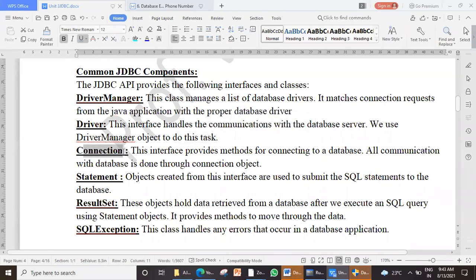Then there is Connection. This interface also provides some abstract methods which you override. Fine. For connecting to a database, all communication with the database is done through the connection object. Then, see actually how it is. I'll show you with the annotation quickly.